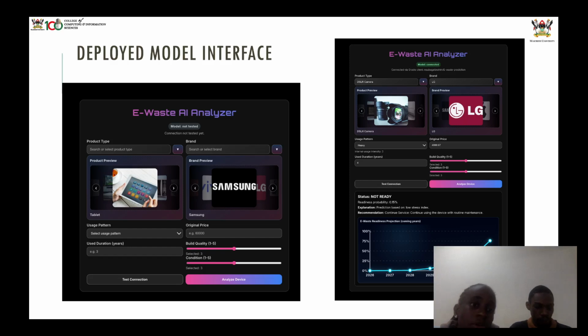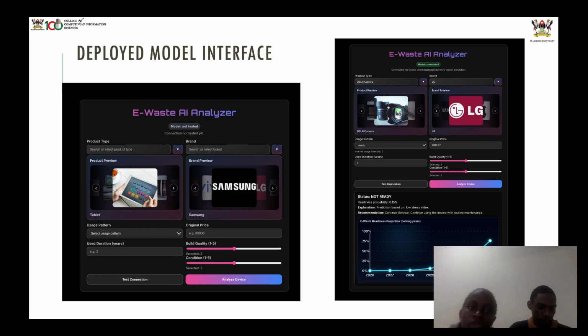So this is the deployment. This is how our interface looks. When you're interacting, you interact with the front end, which is deployed on Vercel. But you have to ensure that your front end and the back end are connected, lest you will not get